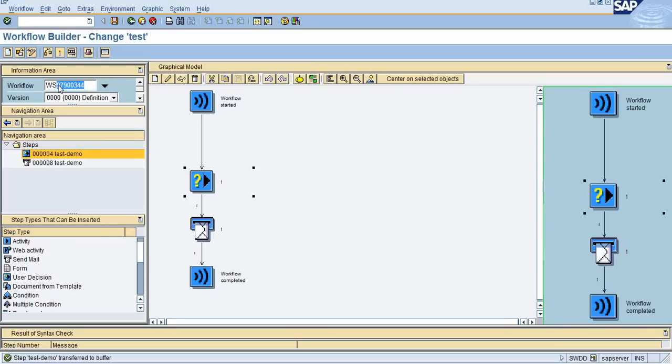This particular configuration, this prefix number, is actually client dependent. So we have to configure this prefix number in each client, because suppose I want to transport this particular workflow to another client and the same workflow number exists in a different client, then